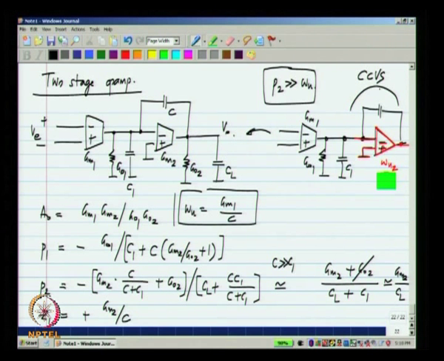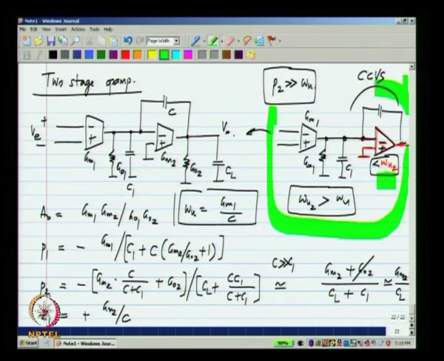Now, this will behave like a current controlled voltage source only below a certain frequency omega u 2, which is the unity gain frequency of the second op amp. Clearly, the unity gain frequency of the second op amp has to be more than the unity gain frequency that we want to realize. If this is not the case, then the entire circuit does not behave like an integrator at all. The integrator has to have a 20 dB per decade roll off at least up to the unity gain frequency of the integrator. So, this is what we would guess just by looking at this system block diagram.